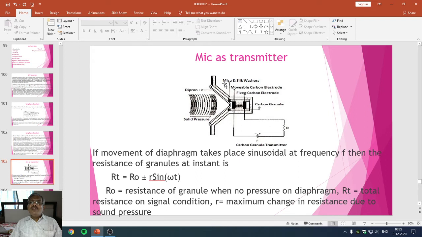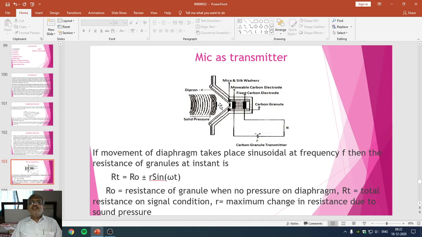Friends, how does it work in short? When we start speaking into the microphone, one thing you have to remember is that this microphone is fitted into the cradle switch. The mic as well as the speaker are both fitted with the cradle switch at both ends. The place where we are speaking is the mic, and the place by which we are listening is the speaker.